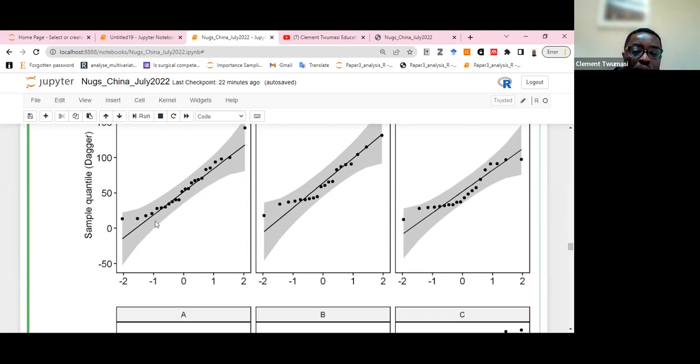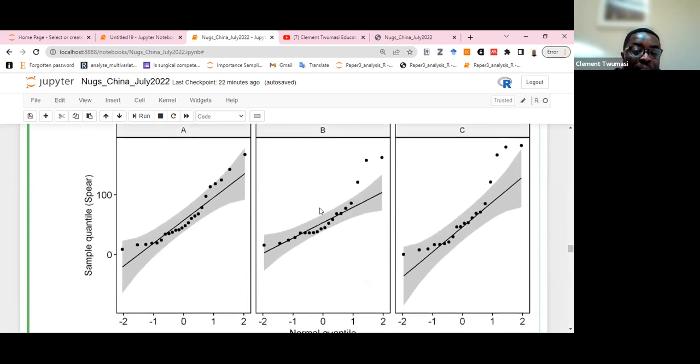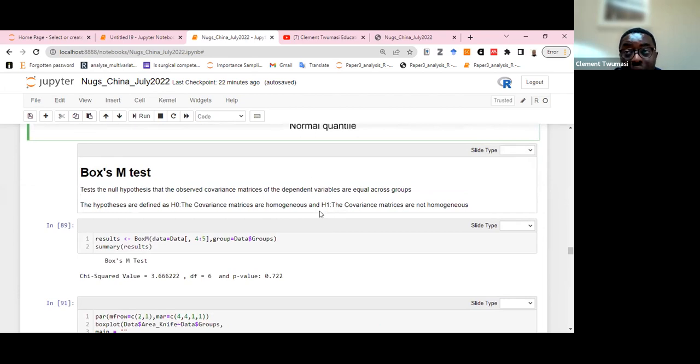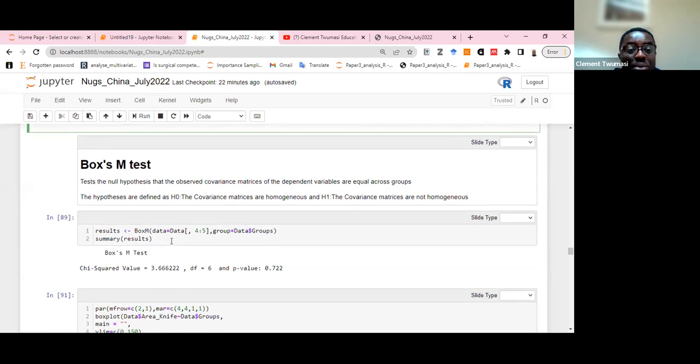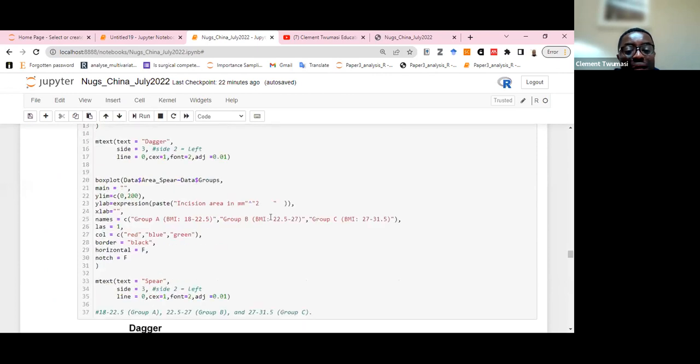So with the quantile plot, we expect these dots, which correspond to your data points, to be very close to the line of best fit. But here you can clearly see some deviation, and that confirms why the actual test concluded the data was not normal. Okay, fine. So to do MANOVA or multivariate Kruskal-Wallis, you have to also test whether the variances are the same between the groups, homogeneous or not homogeneous, and we use something called the Box's M test. It concluded that it's homogeneous. Fine. So we went straight ahead to now